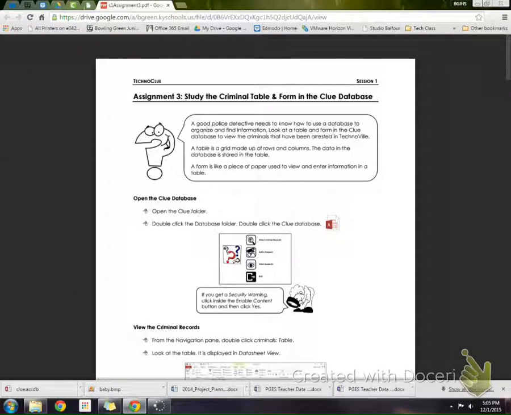We're going to do something a little different today. We're going to do assignment 3 in session 1 of TechnoClue, and we're going to be looking at a database. A good police detective needs to know how to use a database to organize and find information. So we're going to look at a table and form in the Clue database to view the criminals that have